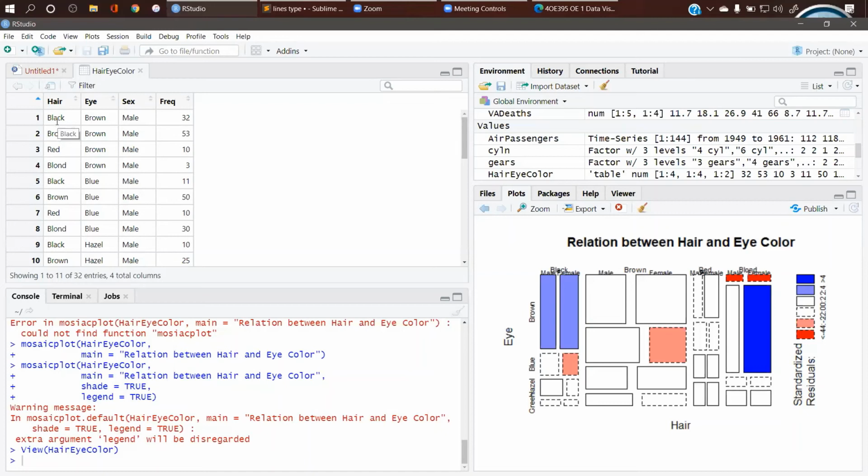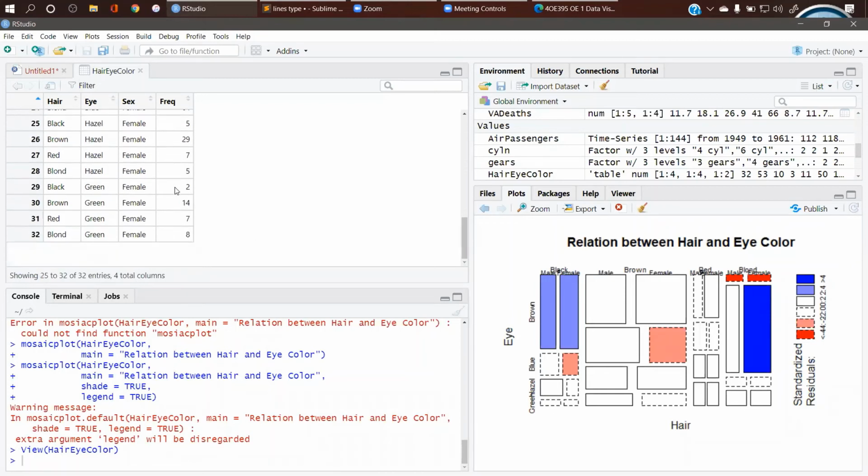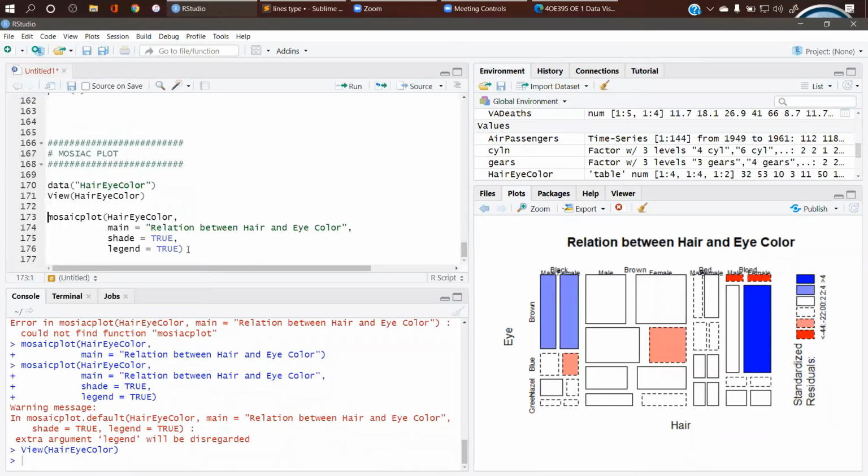So we have 4 categories for these 2 columns and 2 categories for this column, and this is the number of students, or the frequency, with respect to those 592 different students, right? So these 32 entries will give you the 592 students' data with respect to these 3 columns. In such a way, you can go for mosaic plots.